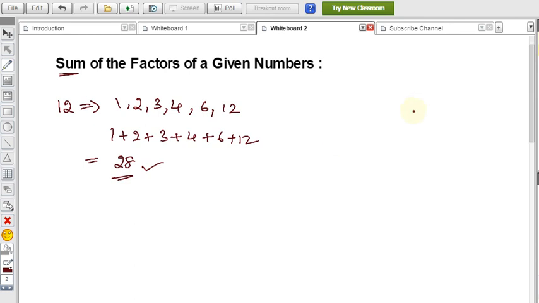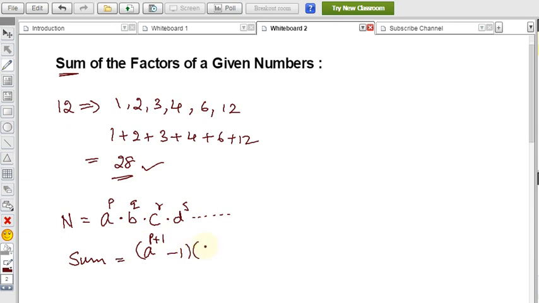Any number that is given, we have to write in prime factorization notation. Therefore, n is a number, we should write as a product of primes, that is a to the power p into b to the power q into c to the power r into d to the power s, and so on. In this, the sum is equal to a to the power p plus 1 minus 1,